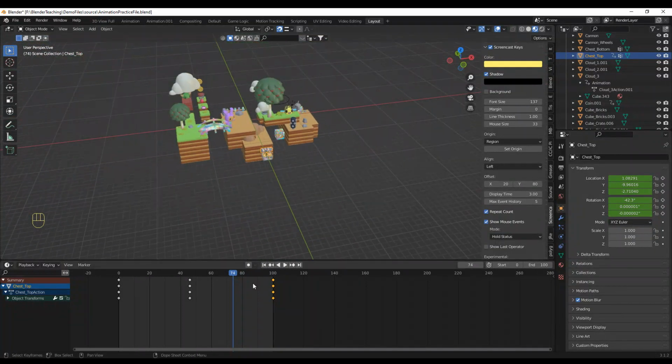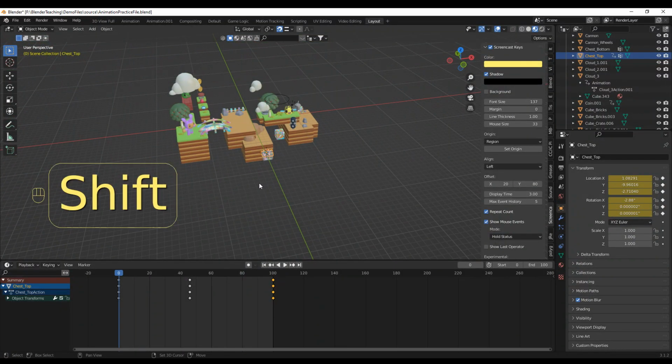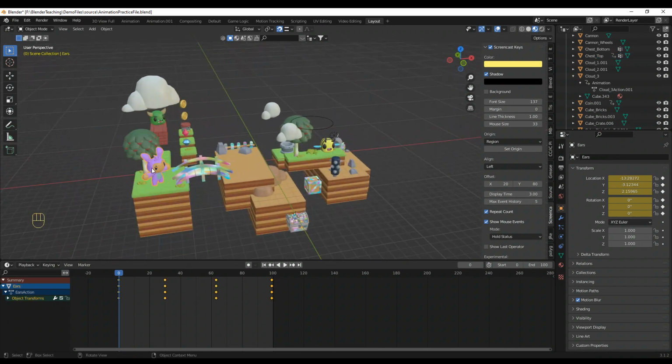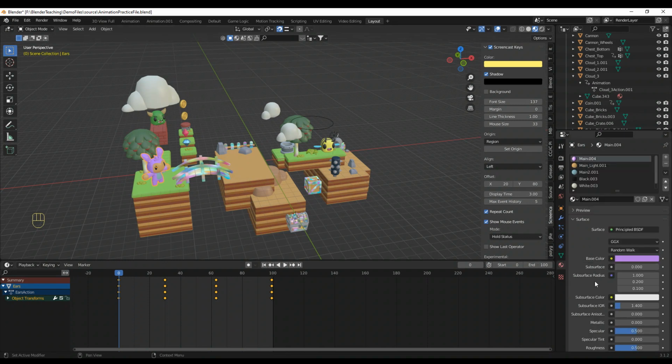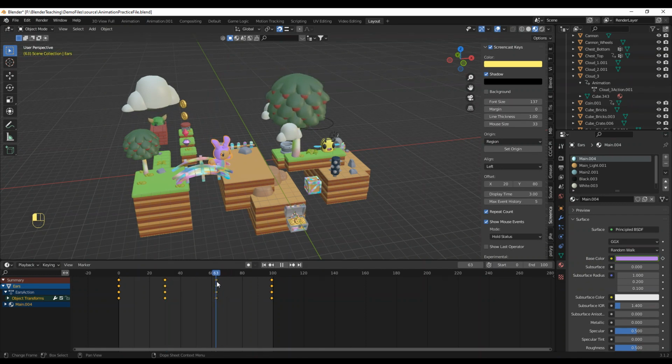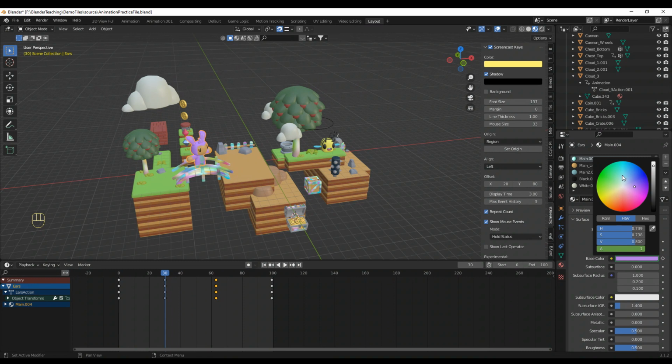Now, I also wanted to show you guys how to animate some color. So if I have this guy selected here, I'm going to go into the shader here. And I want to animate the color as he's walking. So I'm going to hit a keyframe there. I'm going to move this forward, and then this purple is basically like the suit there. And so I'm going to change it to like this blue, and then here we'll have it be, oh, and you know what? I forgot to hit the keyframe. So blue,